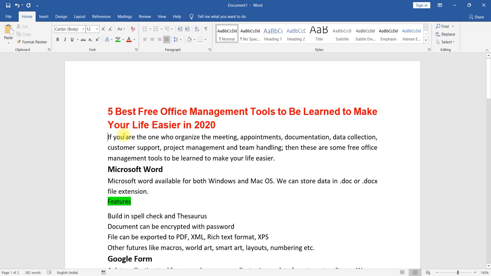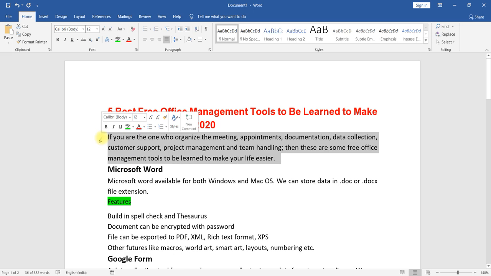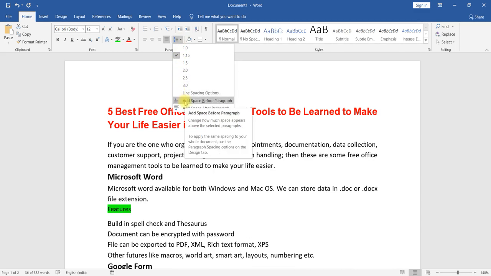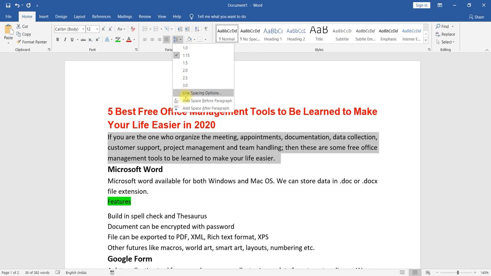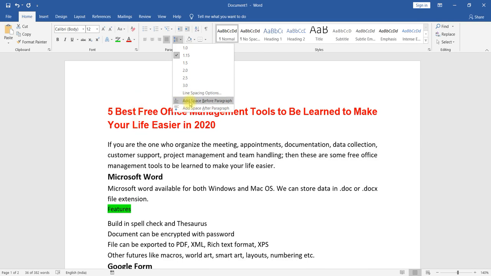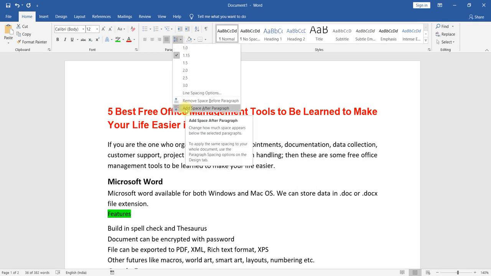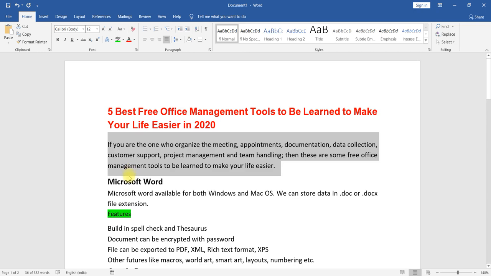To change that, we have to select that particular paragraph, go to the line spacing option here, and you can say add space before paragraph. You can observe that there will be an increase in space the moment you select add space before paragraph. If you select add space after paragraph, you can observe that additional space has been created.